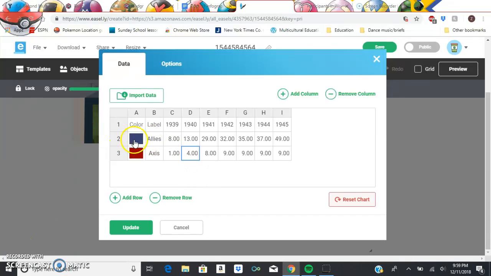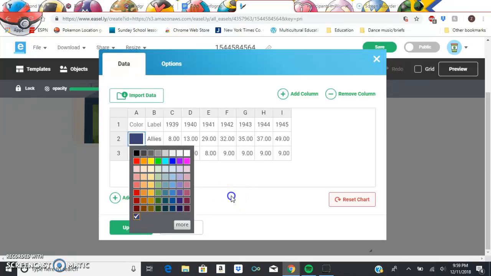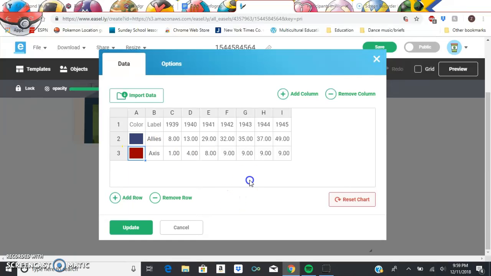And then obviously I wanted to change colors, so I wanted a nice deep blue and then a red for the Axis, so that way there's a good contrast in the chart. But yeah,